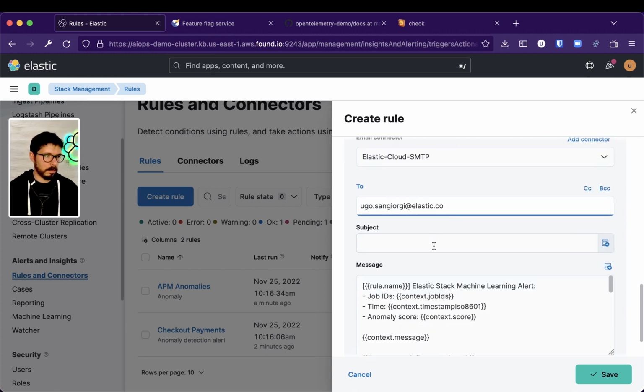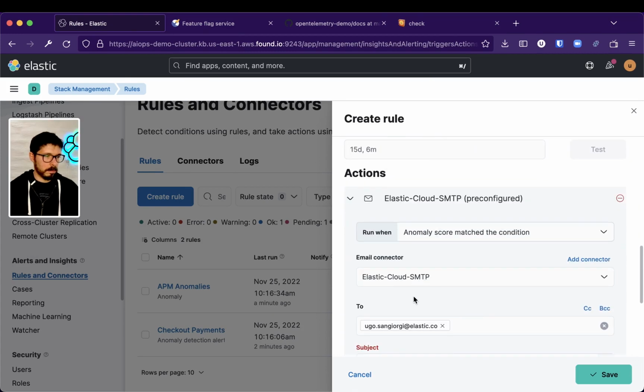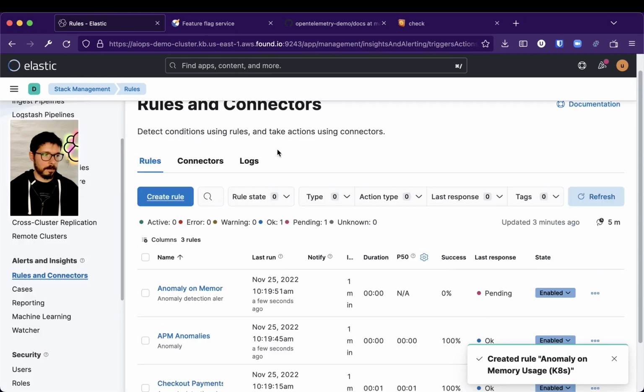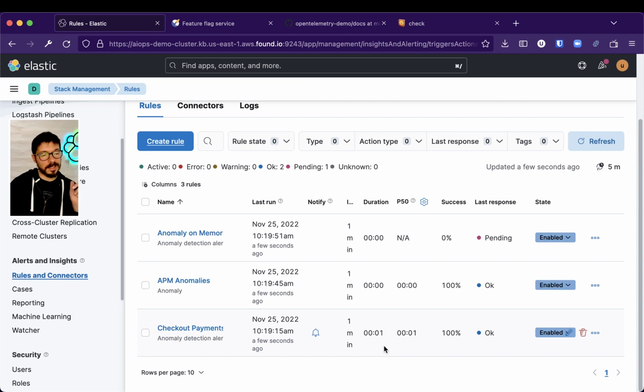Actually, I put this Kubernetes memory usage alert. Save. We have plenty of stuff to verify how the alerts work. So the checkout payments, if that doesn't trigger, I'm going to do,